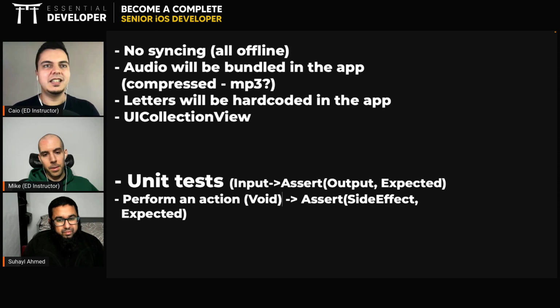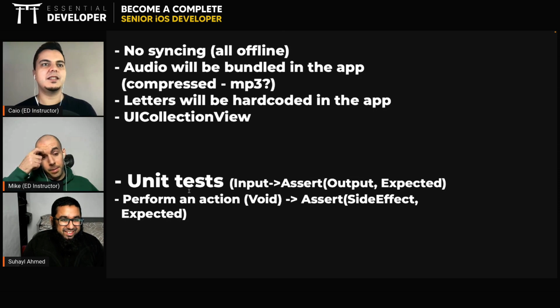Yes. It doesn't return an output that you will directly assert, right? It returns void, and then you need to assert a side effect that happened in the user interface. Something outside the scope of that function changed, right? It's a side effect. Like a label changed the text. An audio was played. I tap, perform an action. I tap on a cell, and I need to assert that an audio was played on the device, right? Yeah.